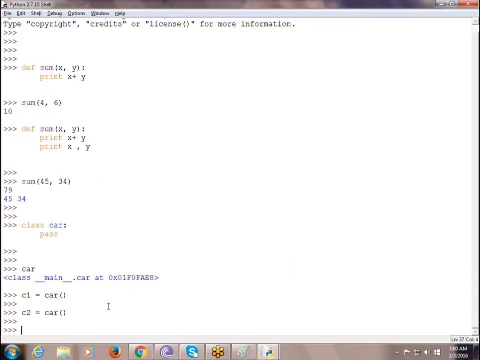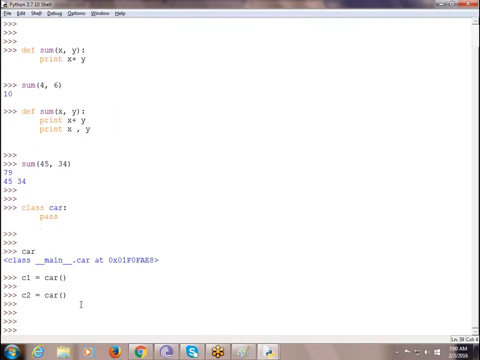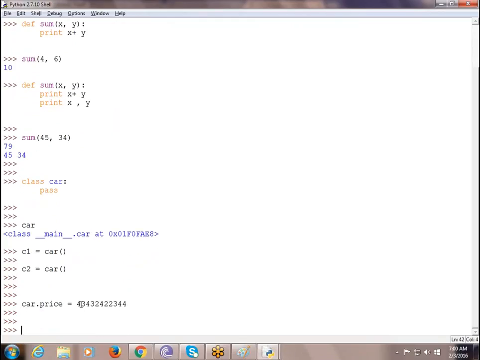Now what happens here? I am defining some property called price for the car. Car is an object, you know that, right? For objects, I can define properties. I can design car.price; it's my own wish. I can design car.company equal to something. So here car is an object, and it's my wish that I can give any kind of attribute for the object car.